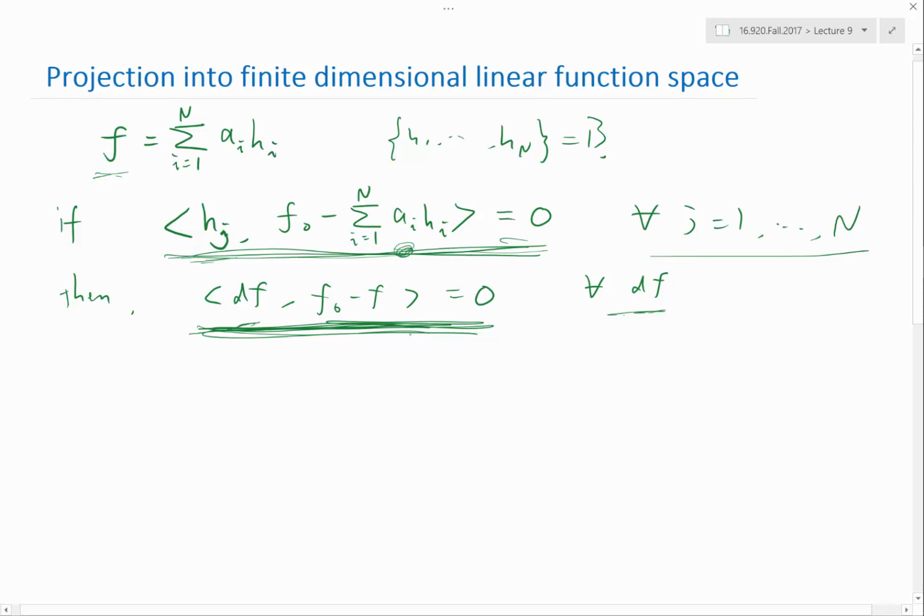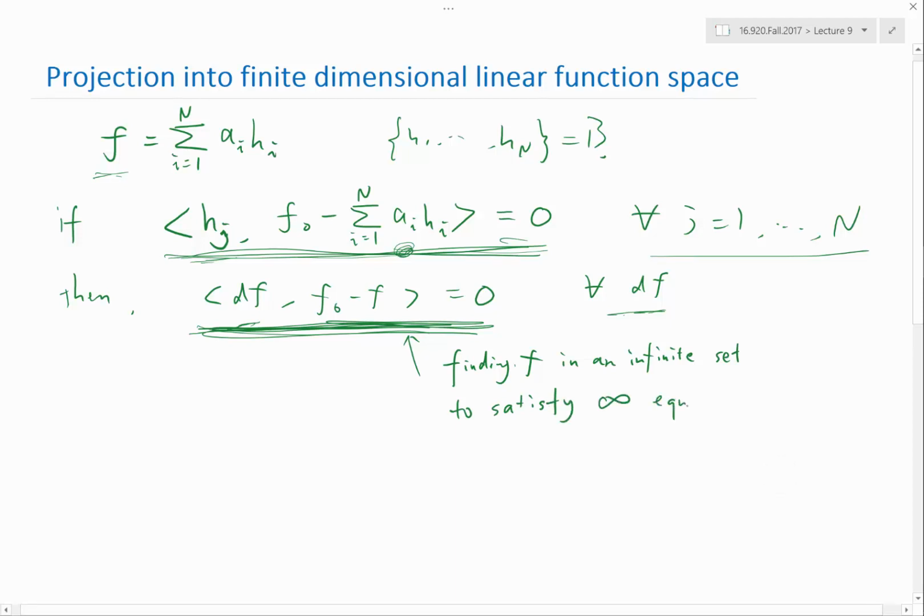Right, so this problem is infinite dimensional. It's basically finding an f within the infinite set, right? This is finding f in an infinite set, right? To satisfy